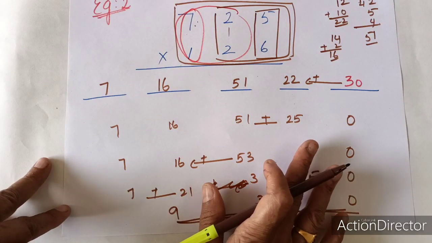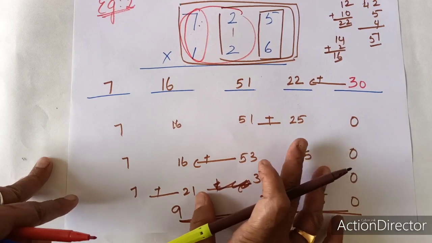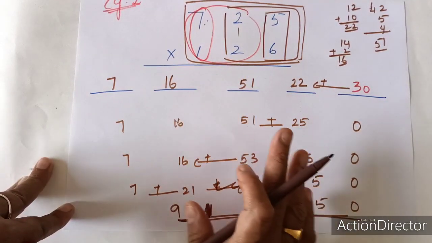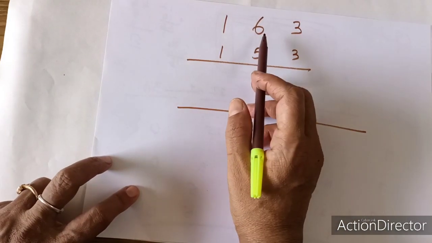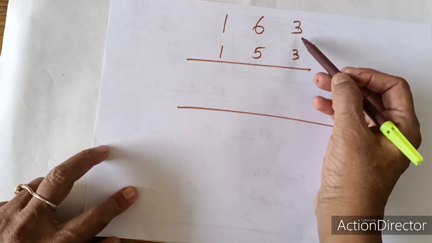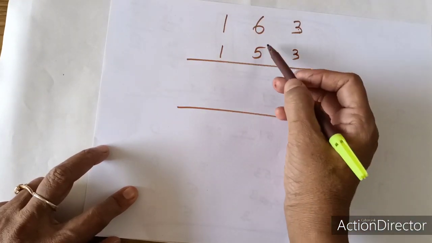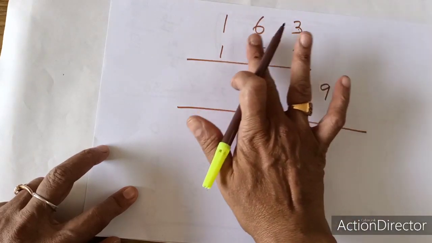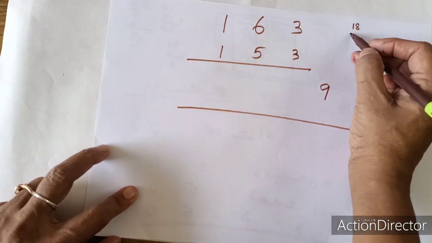So let me give you another example for 4 by 4 digits so that you will understand that we can follow this type for n by n digits. Let me do one more 3 by 3 digit number so that you can understand it very clearly. First I am going to do 1 by 1, that is 3 3s are 9. Next, one digit is over, so I will take 2 digits. 6 3s are 18, 5 3s are 15.